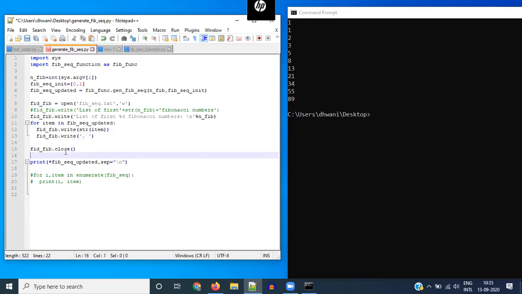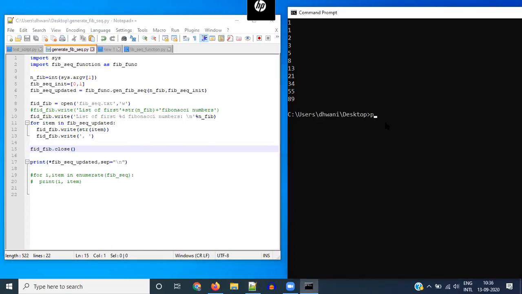Okay. So yeah, again, I don't have to mention again that whatever you want to lie within the for loop has to be indented, and whatever is not indented will not be part of the for loop. So this close statement should not be indented. It should be at the same level as the for, so that it does not get interpreted as lying within the for loop. Okay, let's save this.